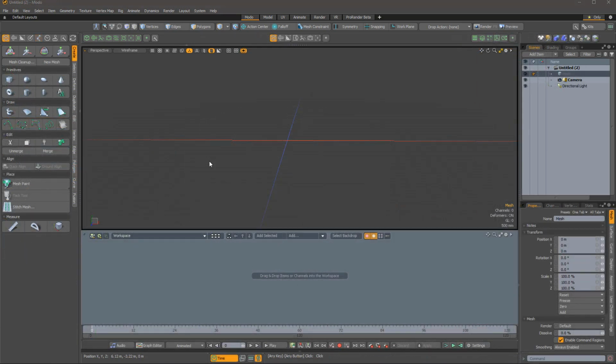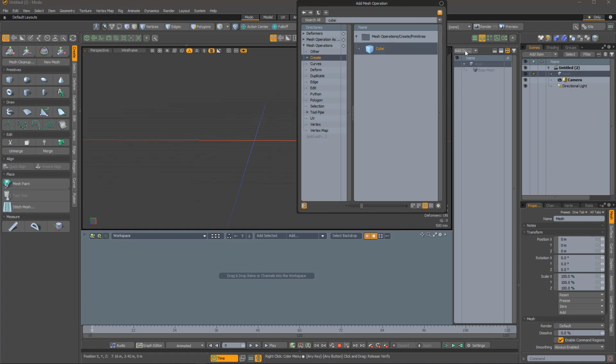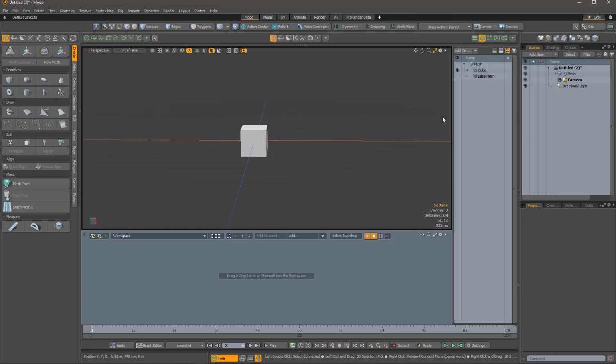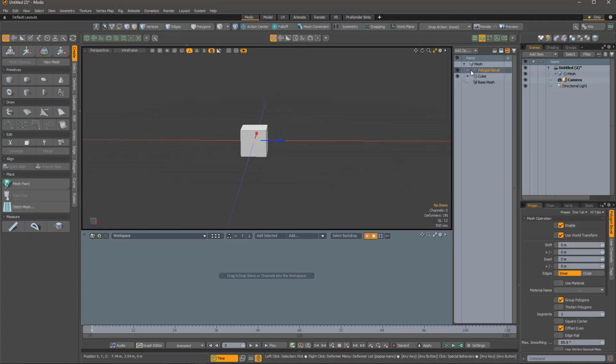First off, you'll be wanting your schematic viewport and particle operations stack open. And we can add a cube primitive. I'm really on fire today. Then add a polygon bevel on top. I don't want the top and bottom to be beveled because this gives me a chance to show off my